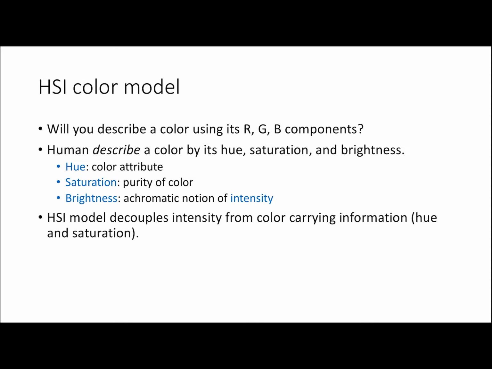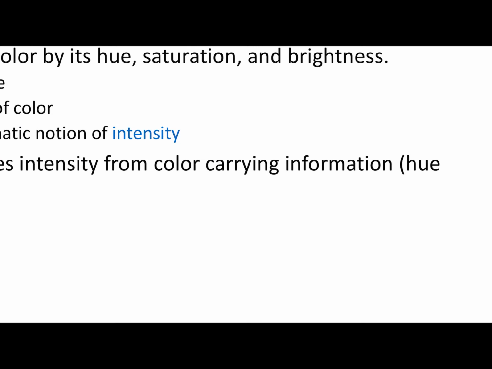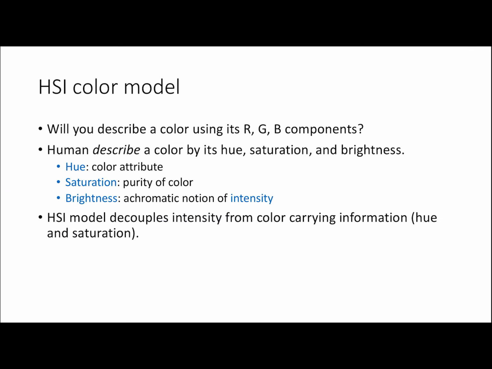In the previous lecture we have discussed the RGB color model and the CMYK color model. Now the next color model that we will consider is the HSI color model, that is the hue, saturation and intensity model. As we mentioned in the last lecture, both RGB and CMYK are actually hardware oriented. The RGB color model is oriented towards the color display, and the CMY or CMYK models are oriented towards color